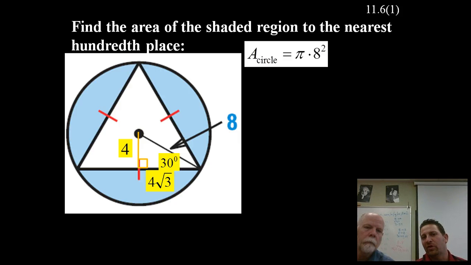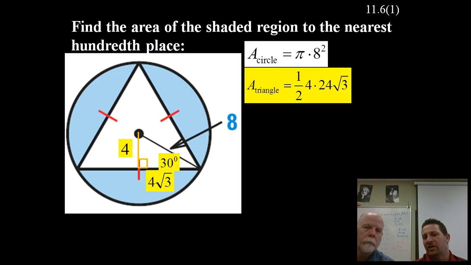Okay, so now they're figuring out the area of the circle, which is pi r squared. So my radius is 8, and I'm going to get 64 pi here. And then I do the area of the triangle, which is 1/2 of 4 times 24 root 3. Now that 24 root 3 comes from, all right, so this threw me off a little bit. So they're doing the triangle as a regular polygon, so they're using the formula that the area of the triangle is 1/2 the apothem